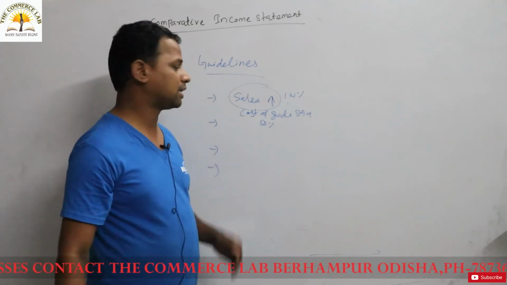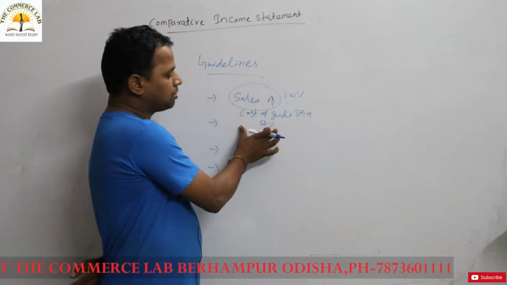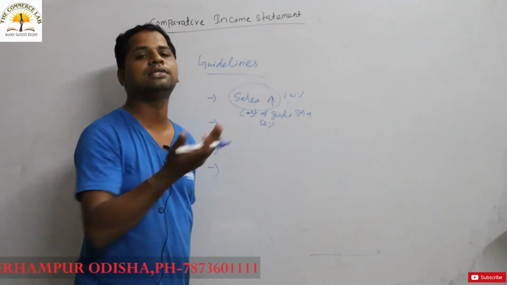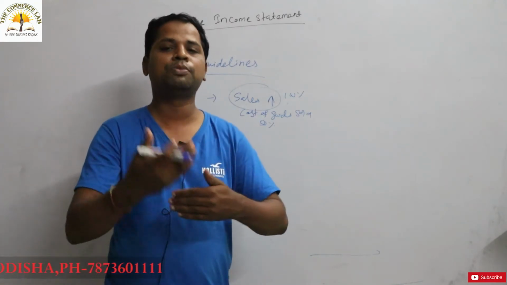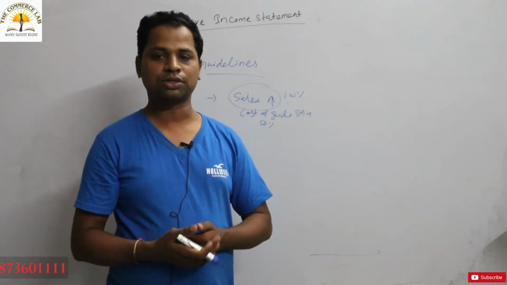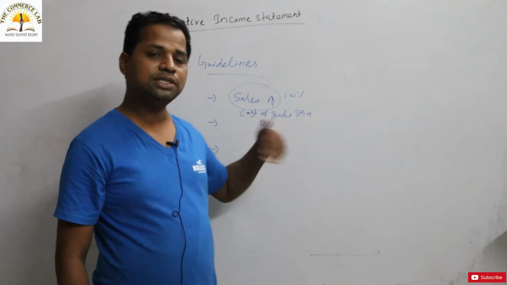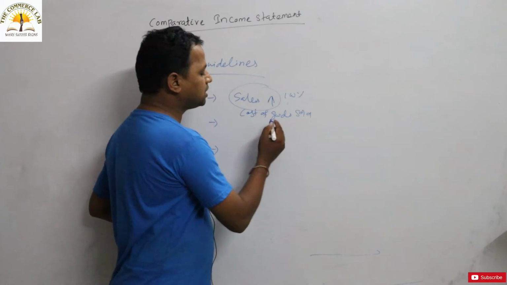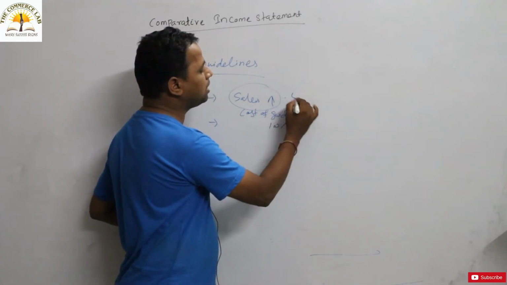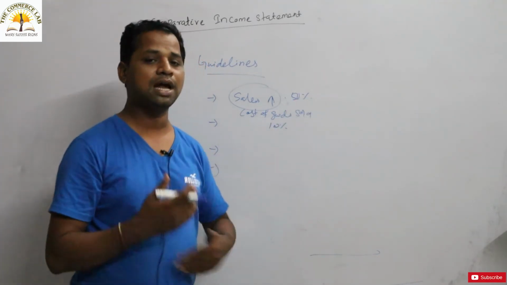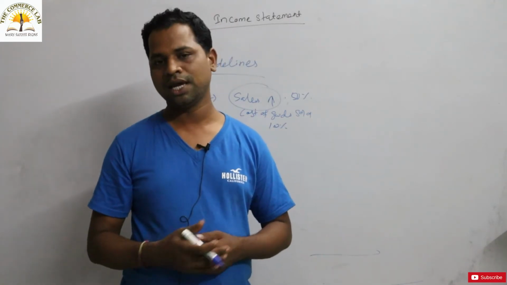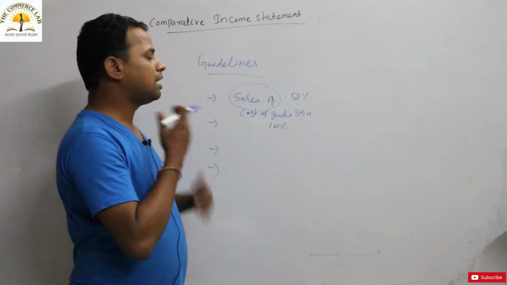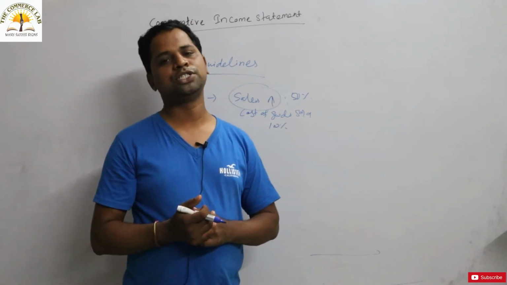The income is increasing. Suppose the cost of goods has to decrease and sales has to increase, then only we can say that the profitability and income position is increasing. Otherwise, it's not. So if the cost of goods is increasing and simultaneously sales is increasing, but if it is opposite, say sales is 100% increasing, but cost is only 50% increasing, that does not mean that income is increasing. Here income is decreasing. Okay, so you have to be careful while interpreting the result of any kind of income statement.